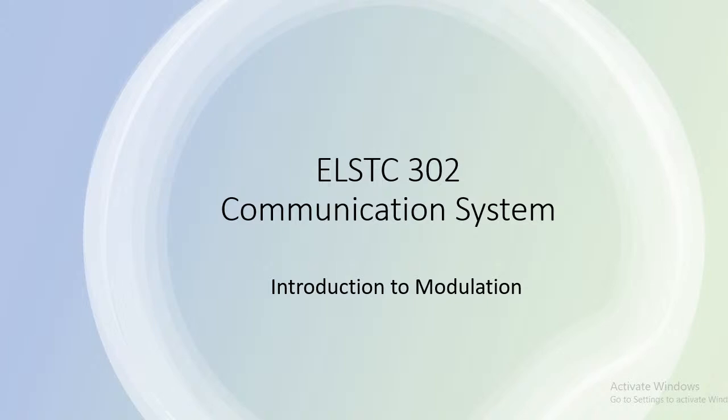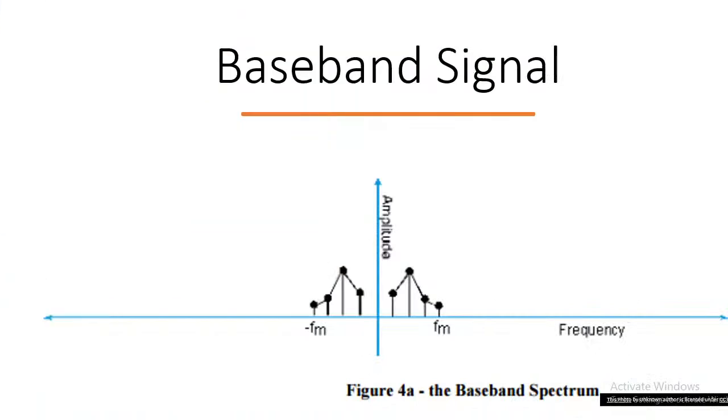Your original signal is of low frequency. It exists over a small band, a band over which the energy content or power content is low. So that band is called the band of the signal, and this is called the baseband signal. Why base? Because this is the basic signal, your original signal which contains information and which is to be transmitted. So now let us define what a baseband signal is.